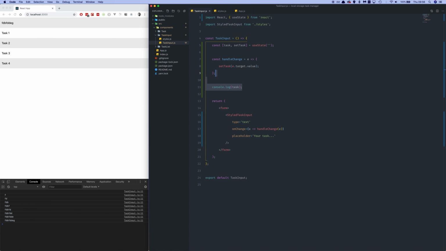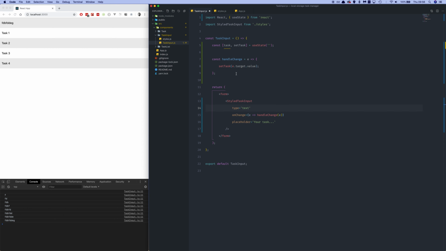So what we want to do now is, if we just remove this console log, we actually want to take over control of the value of this input from our user. The reason we want to do that is because when the user hits enter, we want to add their task to the state, but then we also want to clear that input field. So a way of doing that is taking over the value of what the user is typing into the input field. They won't know this because it's mapping directly what they are typing, but we'll just have control over the input, and we can clear that at any point that we like